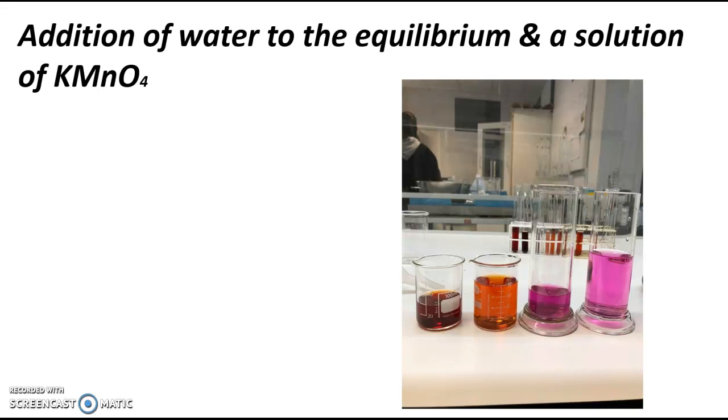And for the last part of this experiment, we had a solution of potassium permanganate, and we had a small part of our equilibrium solution. And what we did was we doubled the volume of these by simply adding water, meaning that we decreased the concentration largely. The purple is the